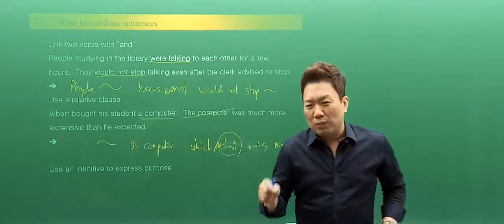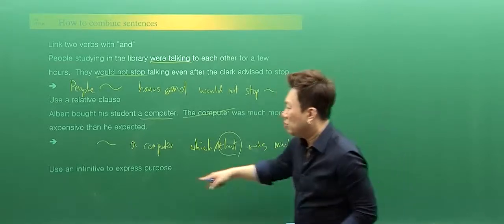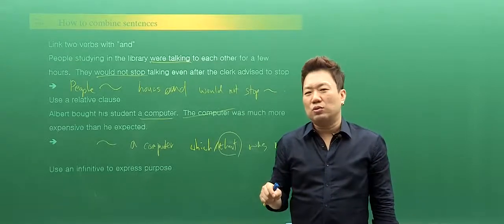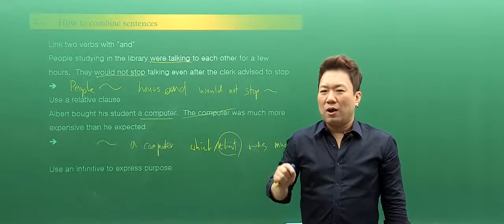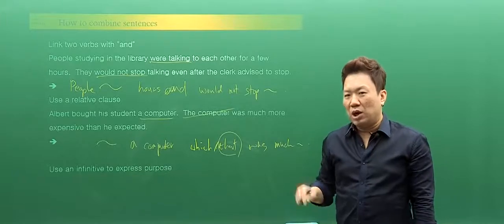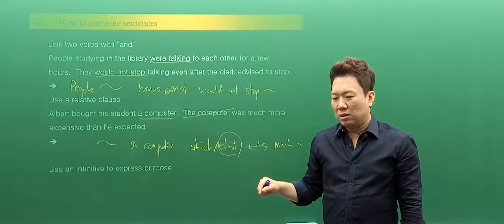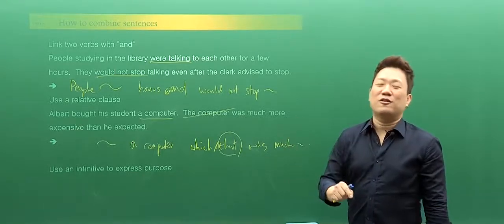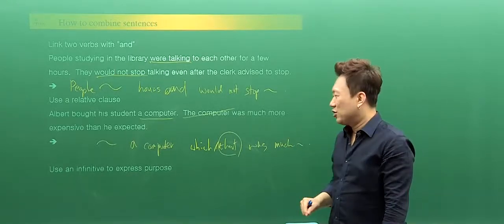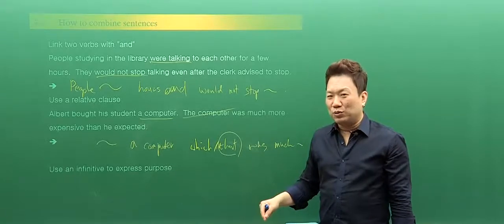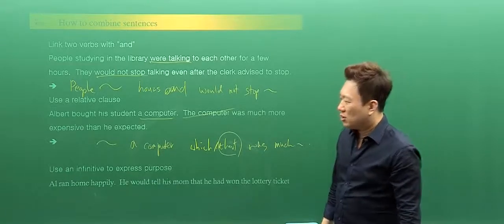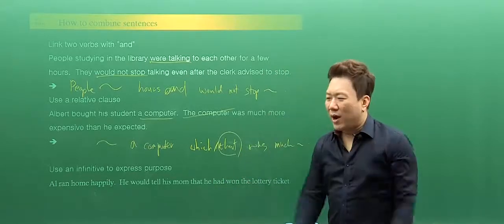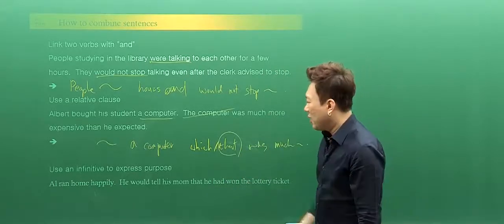Okay, you normally use infinitive to express the purpose. Okay, I went to school. Why did you go to school? I went to school because I want to study. I'm sorry, I want to play. Or I want to see my girlfriend, or you want to see your boyfriend, right? So you went to school to blah, blah, blah. So I ran home happily. Why on earth did I go home? Okay,